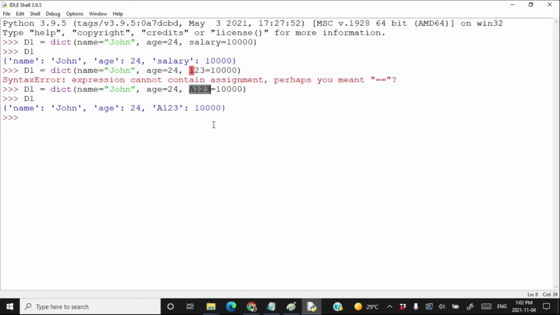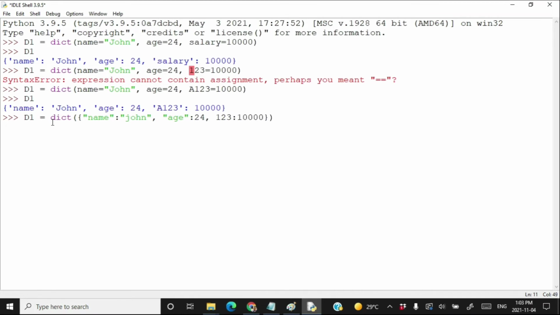The other way of using the dict method is, let's create D1 is equal to dict, and let's provide a complete dictionary inside the dict method. Like in double quotes, name colon John, comma, age colon 24, comma, 123 colon 10,000.